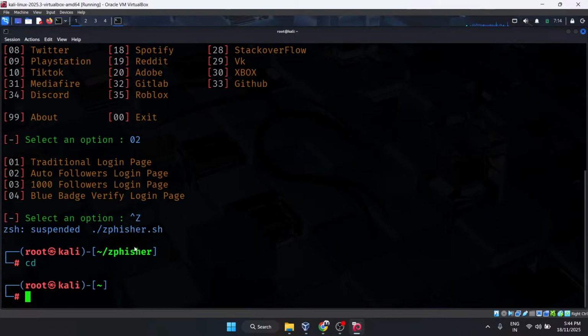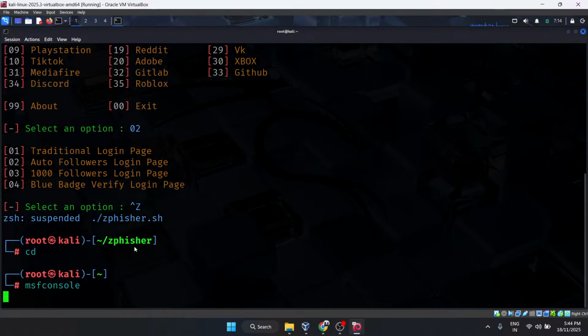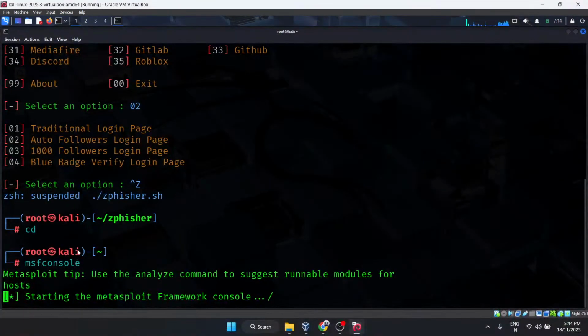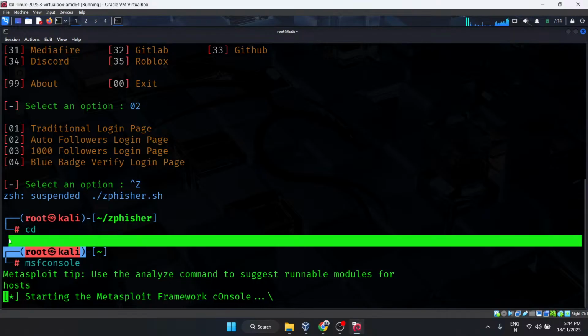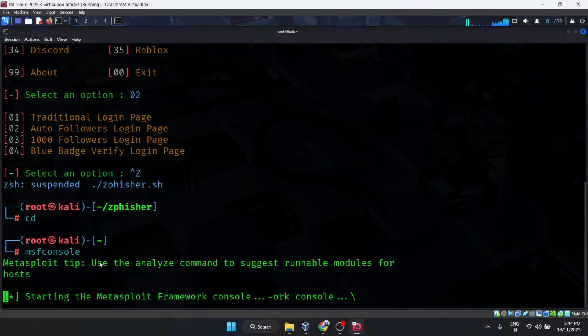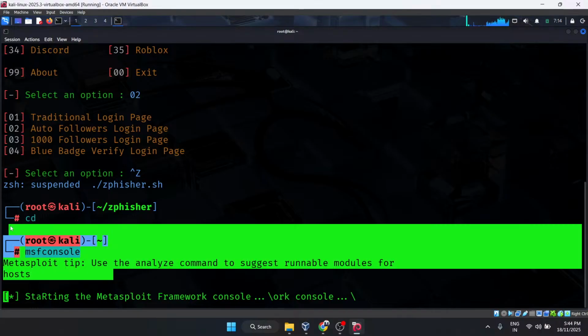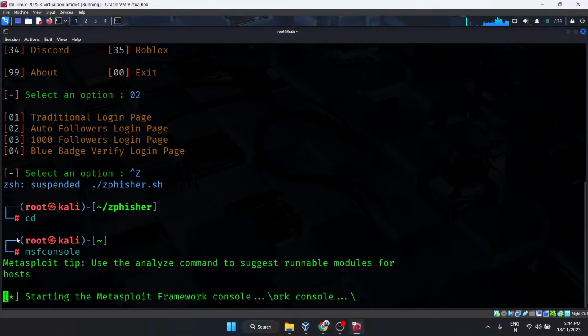CD, Metasploit, sorry, msfconsole. We can make persistent payloads, so that whenever the target starts their system, the malware starts running.